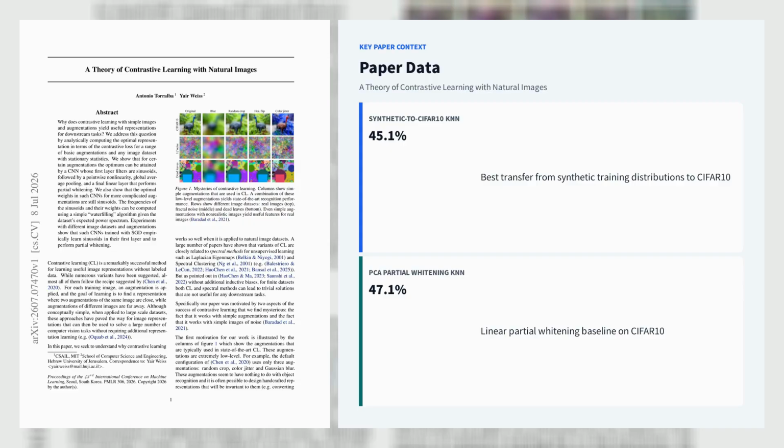Let's explore the first paper, A Theory of Contrastive Learning with Natural Images. Antonio Torralba and Yair Weiss show that contrastive learning on natural images can be understood analytically through frequency domain statistics rather than heuristic invariances. By replacing InfoNCE with a Gaussian equivalent objective, they prove that the optimum is a partial